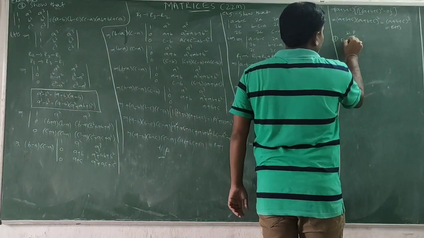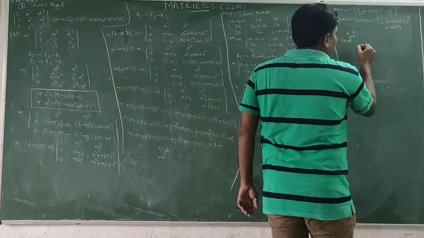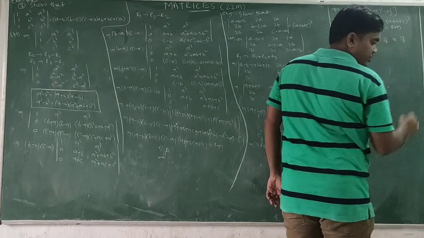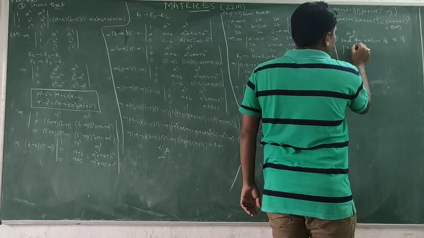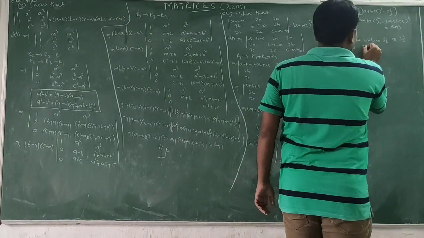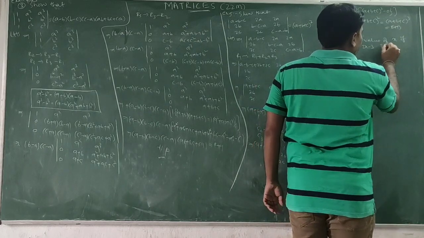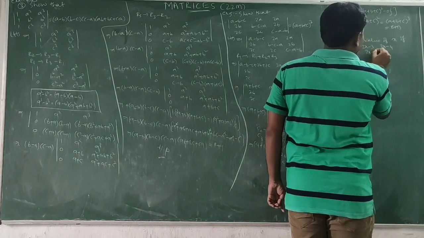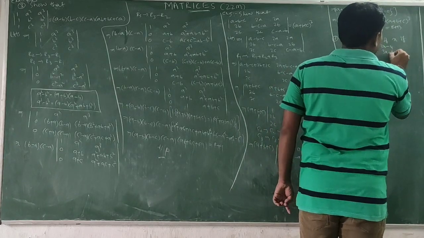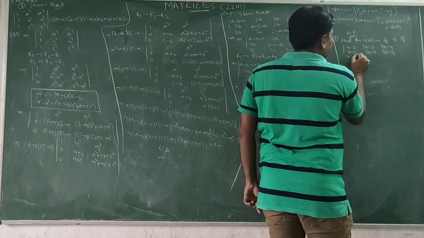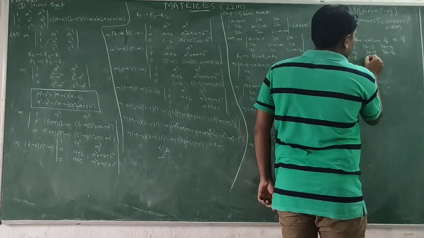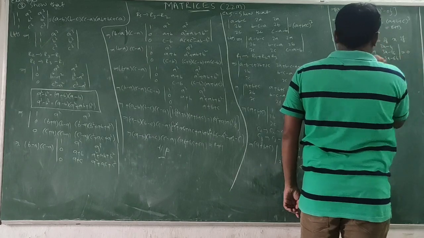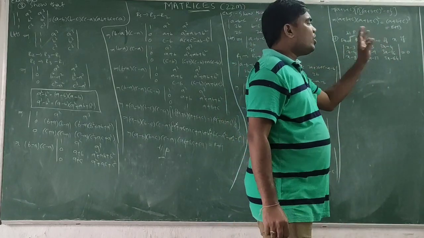Find the value of x if the determinant with rows x minus 2, 2x minus 3, 3x minus 4; x minus 4, 2x minus 9, 3x minus 16; x minus 8, 2x minus 27, 3x minus 64 is equal to 0. If this determinant is equal to 0, I want to find the x.